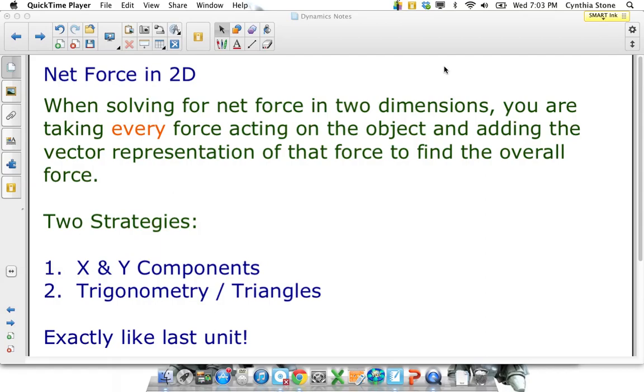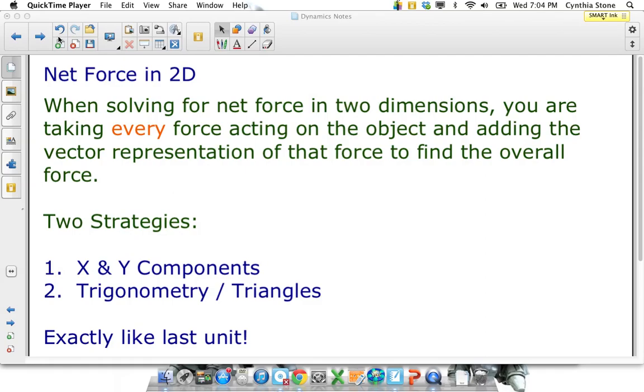New lesson in the forces unit, and it's new, but it's kind of not, because net force is not new. We've done that lots and lots of times in grade 11 and already in our review, but we are doing net force in 2 dimensions, and all it's going to do is tie in the elements of vector addition that we did in the first unit. So that vector addition, we stick with it forever. Okay, so yeah, you can just copy this down, but basically we're going to look at every question from two